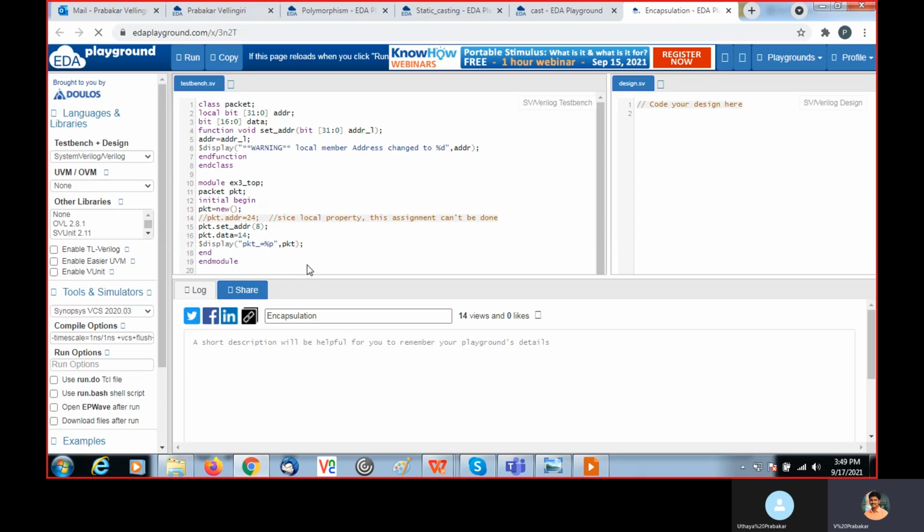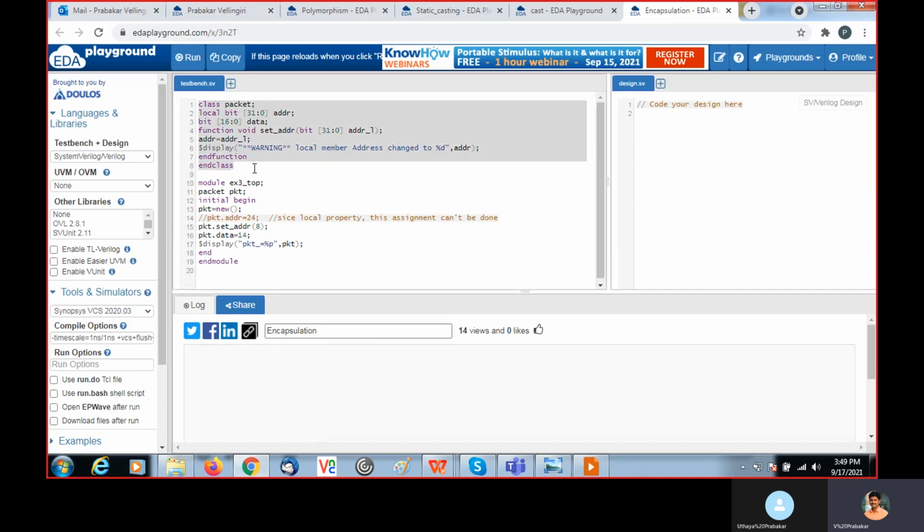So class packet, this is one class. Inside that, the address I declared as local, a 32-bit address. So this address can be accessed only inside this class.